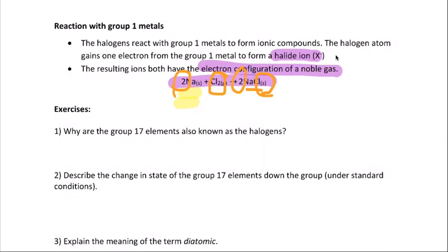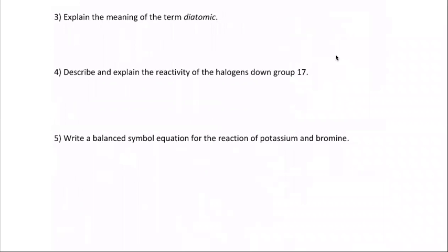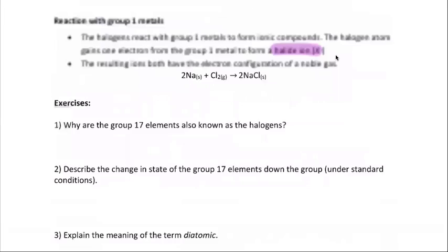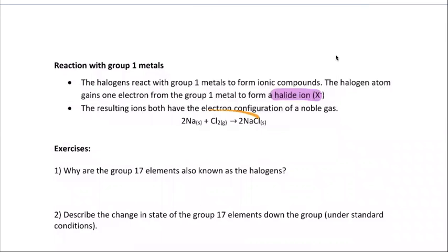But they're going to follow that same general pattern of group 1 metal plus halogen, and the halogen is diatomic, makes your ionic compound that is solid. And then you'll usually have to put a 2 in front of your alkali metal and a 2 in front of your ionic compound on the product side, just to make sure that it's balanced. Okay. And because both of these are the most reactive, these compounds are formed really easily, because sodium and chlorine, or lithium and bromine, or whatever combination, they all really want to react to become stable. Okay. So